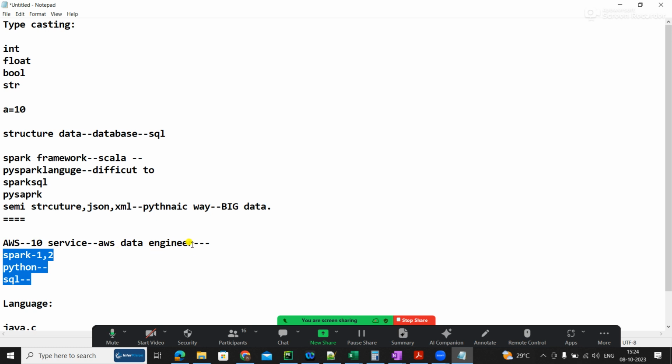So I come to know from the HR that they put AWS data engineer, but when we take an interview, they will not know all these things. They just learn AWS cloud, a couple of services, and they come to us. But they will definitely ask all these things.